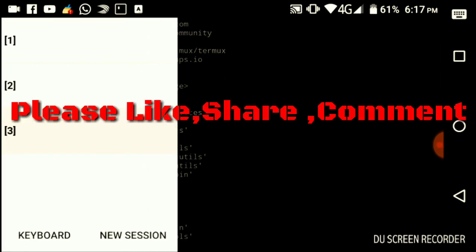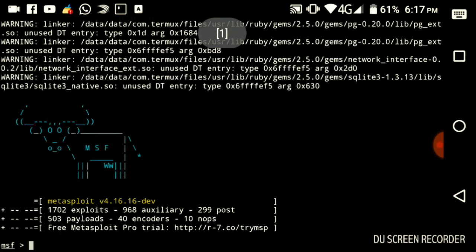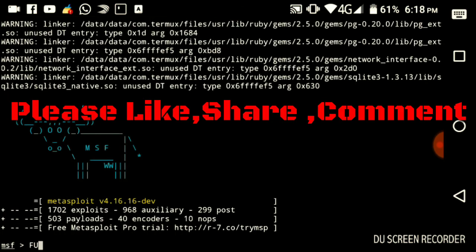So after such a long time, finally we have installed Metasploit on our Android device, and as you can see